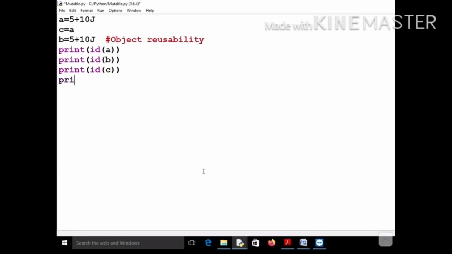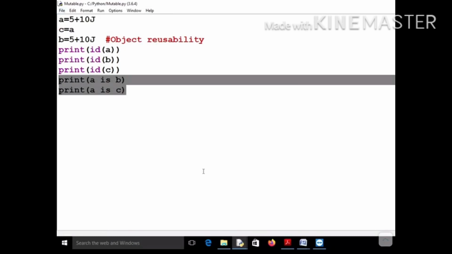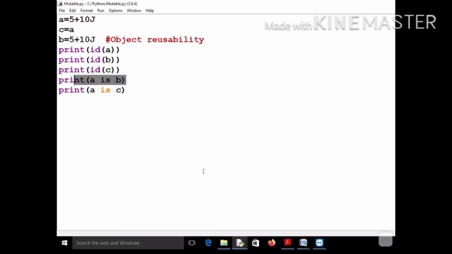You can check like this also, because now you know the meaning of the is operator. So let me write A is B. This will be false because the addresses of A and B are not the same, but the addresses of A and C will be the same because we have written C equal to A. So they both will be pointing to the same memory location. Even though A is B returns false, A is C will be true, and this is true in every case, whether it is mutable or immutable, that I have already shown to you. But this complex number does not support reusability.